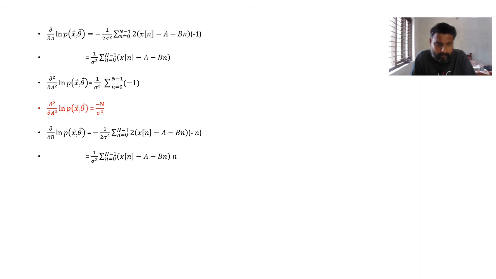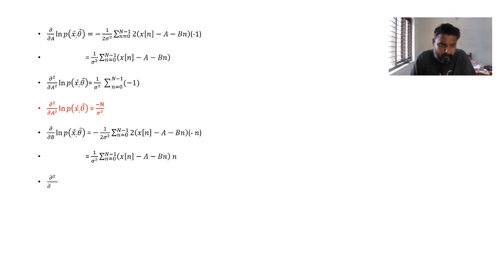Now again take the second derivative, ∂²/∂b² of ln p(x;θ), which is 1 by σ², sum over n equal to 0 to N minus 1. The first term will be 0, the second term will be 0, it will be minus 1 into n into n, that is minus n². So I can write minus 1 by σ², sum n equal to 0 to N minus 1 of n²,